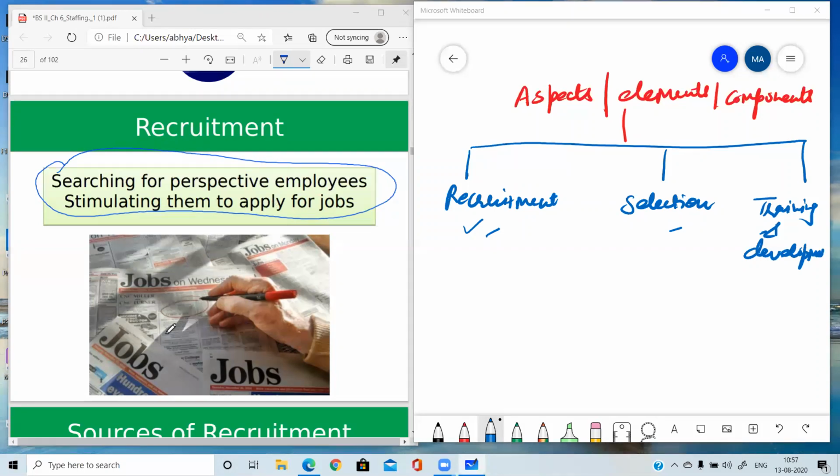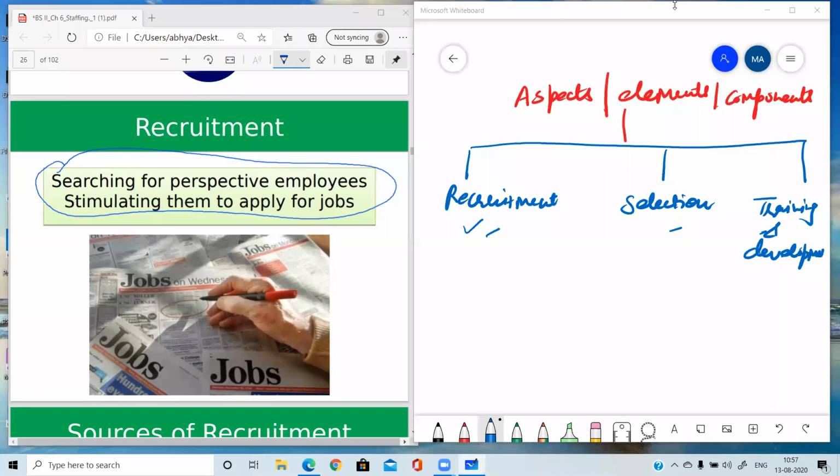Like if we want to find out the teachers from all over the country, then we must be giving advertisements in the newspapers, because most of the jobs people are finding in advertisement, in newspapers nowadays. Not only the newspapers, many companies have also made their websites. So from their websites, we can also find out the job opportunities. So we have to hit the right source so that we are able to get the right candidate.